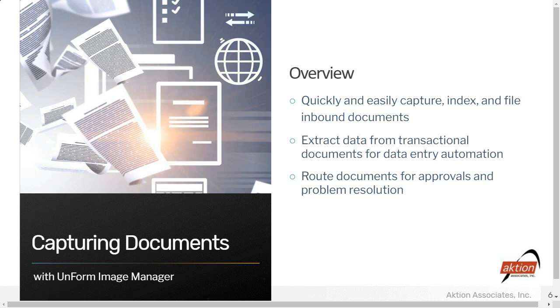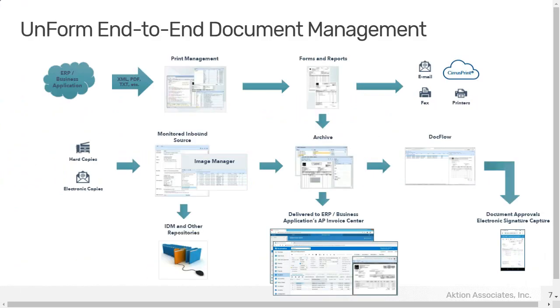And we'll also take a quick look at our doc flow capability, which allows you to route documents based on whatever your particular business process rules are. So it's completely configurable and can be built around whatever your rules are. We'll look at a couple of the typical examples of how it's used today in accounts payable, and hopefully give you a feel for some of the things you can do with it.